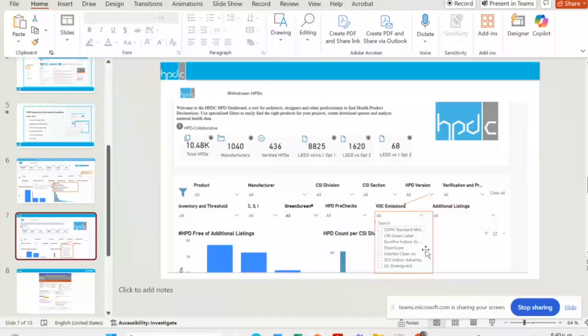This filter is very general because we aligned the selections. Sometimes there was FloorScore, sometimes FloorScore something, sometimes UL GREENGUARD Gold, or just UL GREENGUARD. So we grouped them all into the same category of